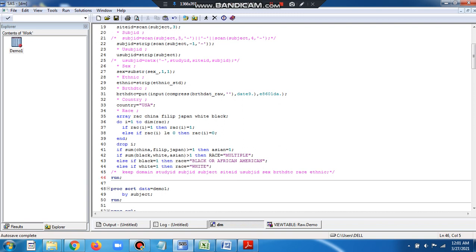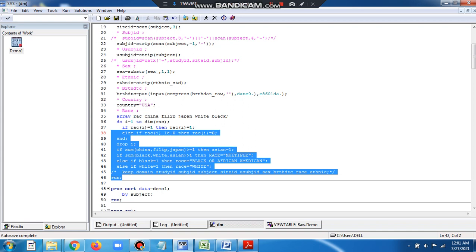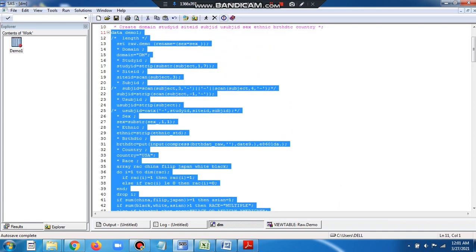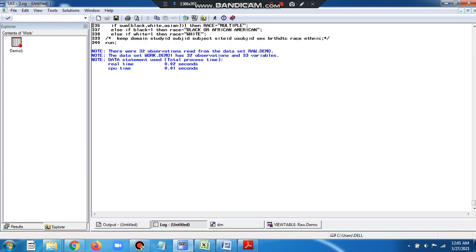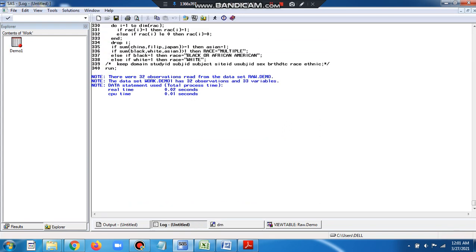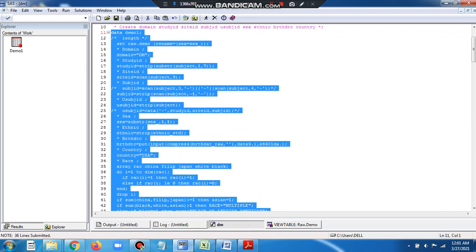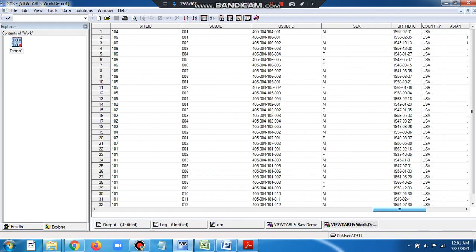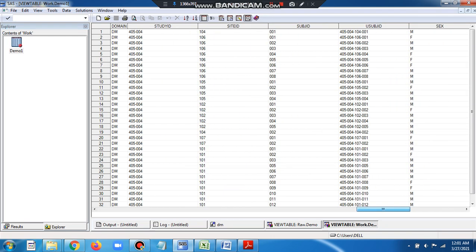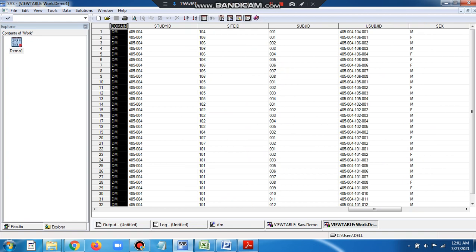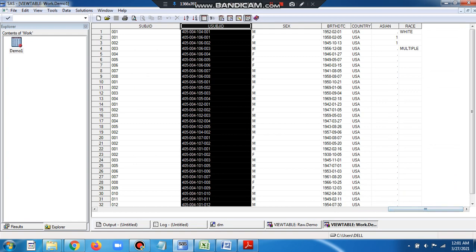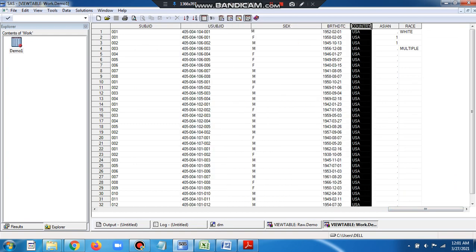Now let's run this data set. Okay, so we have no issues in the data, no errors or warnings. And let's look at the variables we created. So we have created study ID, domain, study ID, site ID, subject ID, new subject ID, sex, birth date, country. So these are the variables that we have created,